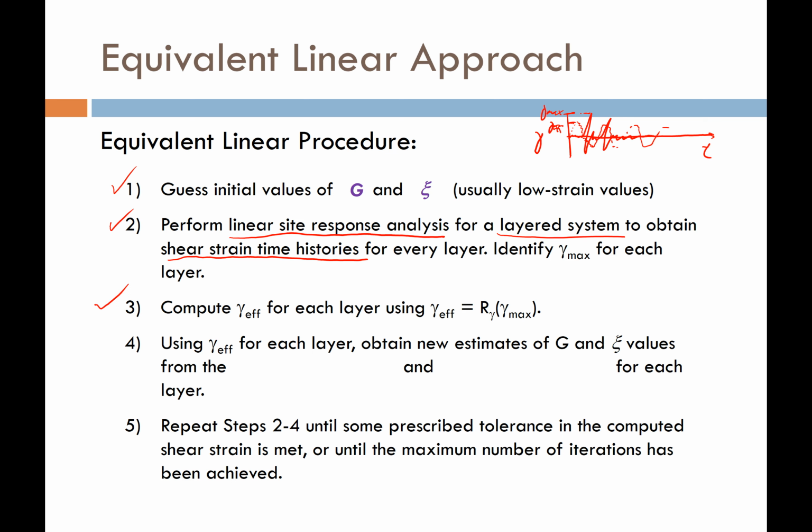Okay, so once I have the effective shear strain for every single layer, the next thing I want to do is get new estimates of shear modulus and damping. And I want to go to the modulus reduction and the damping curves to get them. So I'm going to plug in the effective shear strain that I computed, and pick off from those modulus reduction and damping curves the new values of modulus and damping. And then I'm going to plug them back into the analysis, and I'm just going to loop